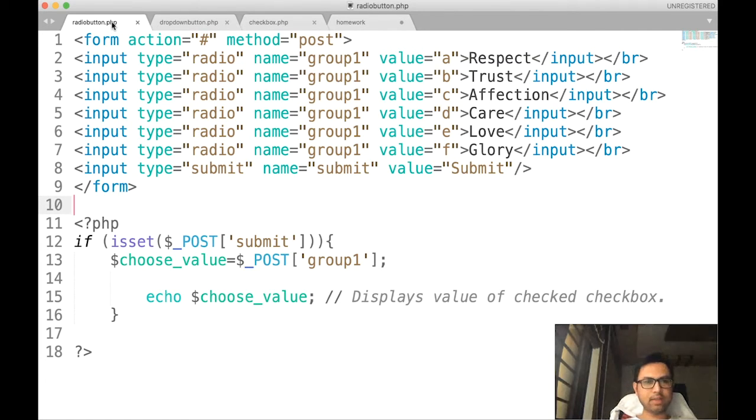Yes, dear friends, we are going to learn how a PHP script is used to accept different kinds of inputs in a form as data to store or to display on our page.